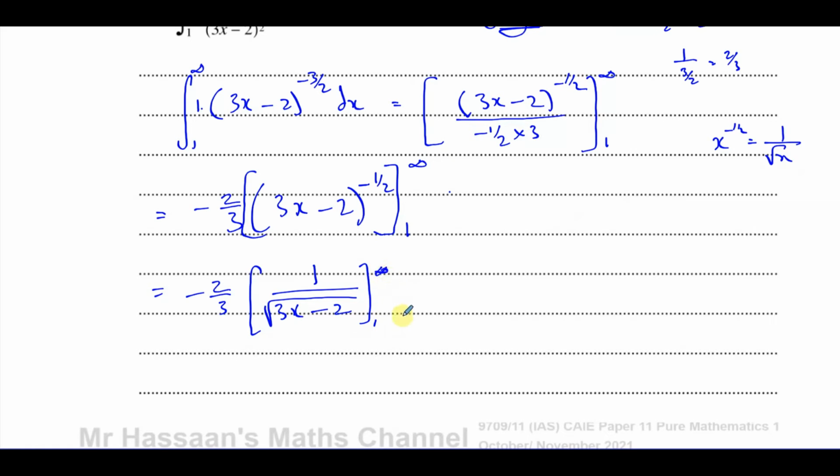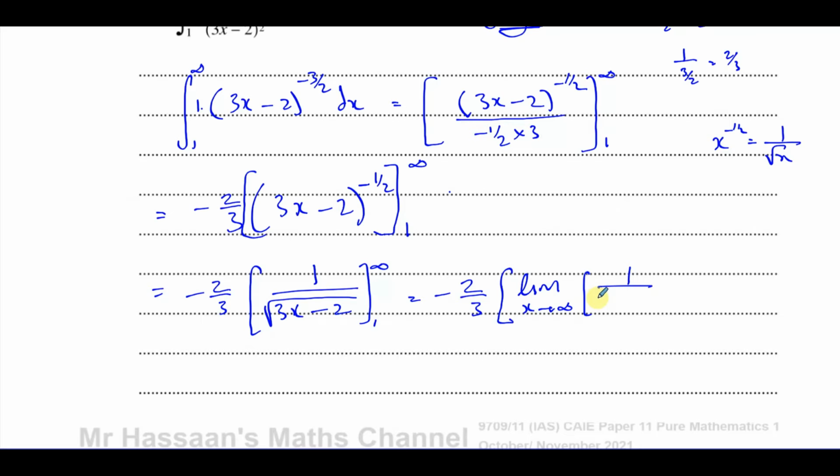Okay, so now we've got to put 1 in here, and we've got to put infinity in here. So we have minus 2/3 times. Now, when I put infinity over here, you can't really put infinity into anything, but you have to estimate what it becomes. So we've got to think about what the limit is as x tends to infinity of